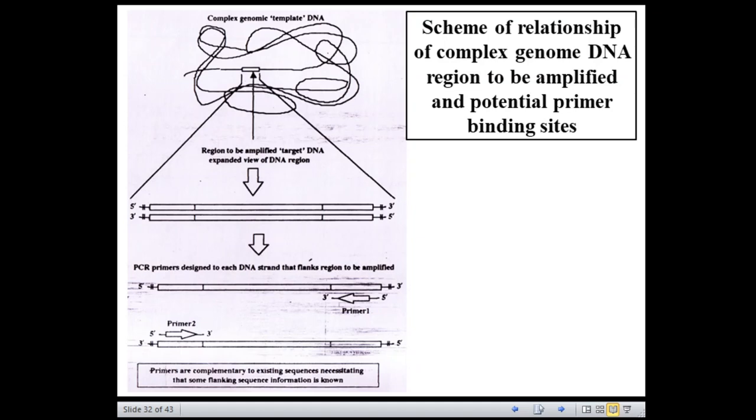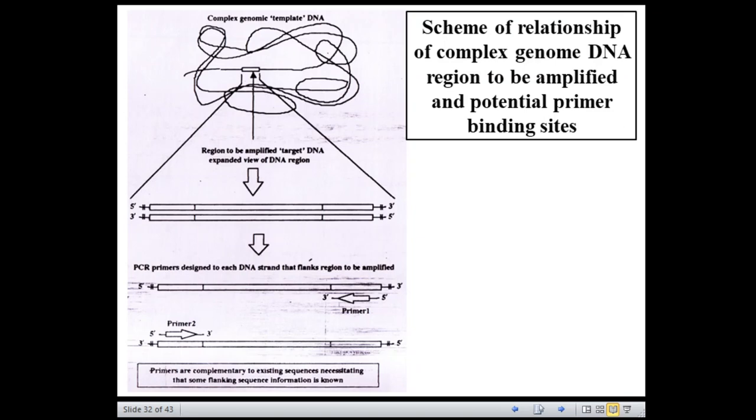Further reagents required for the PCR include the enzyme for amplification, that is DNA polymerase, and the source nucleotides, that is dNTPs, the building blocks of DNA, in equimolar amounts. Usually the range is 50 to 200 micromolar. Since we are using the enzyme, an appropriate buffer system, especially for the enzyme, is required.